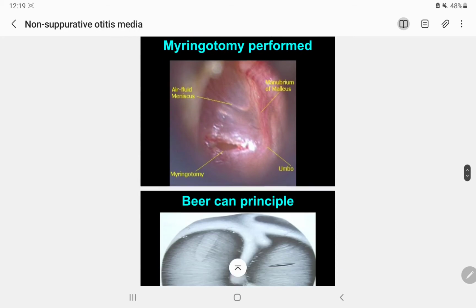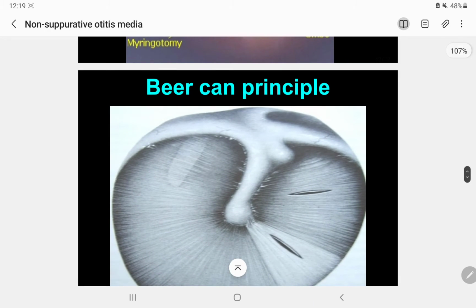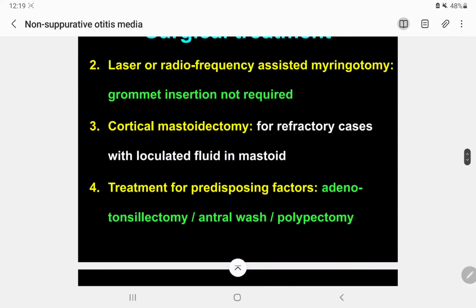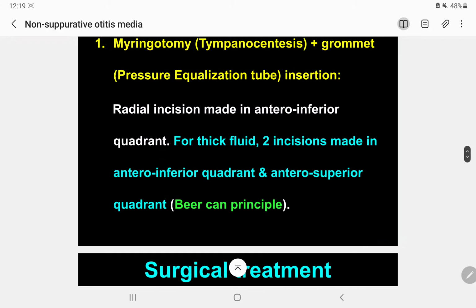Yeah. This is the radial incision, right? Yeah, we can see it more here. Look, it is incised radially. Okay, we will learn about it later. So yeah, it is done as a radial incision in the anterior